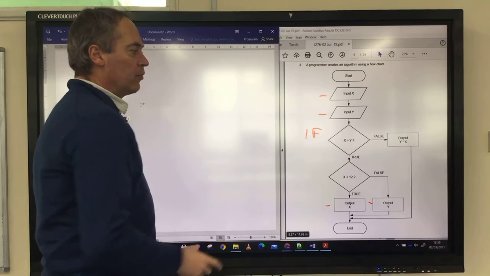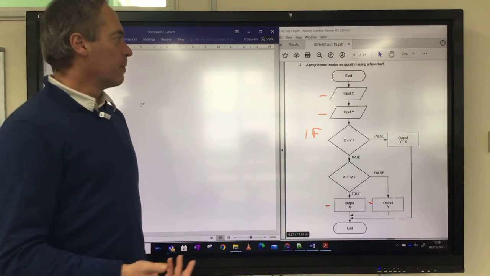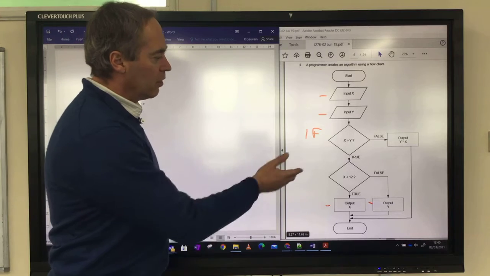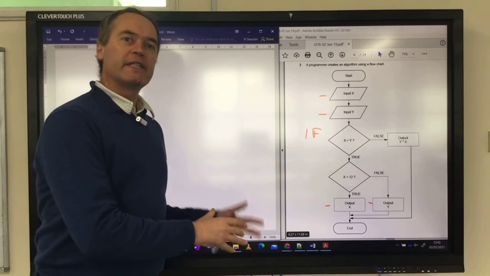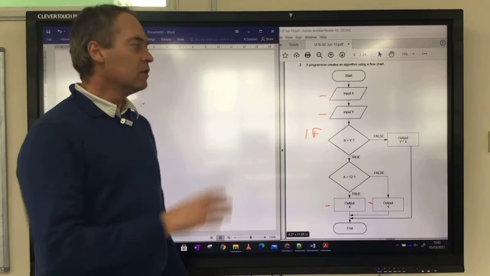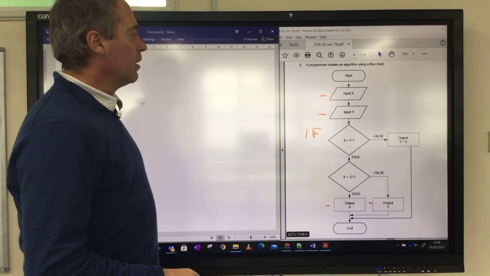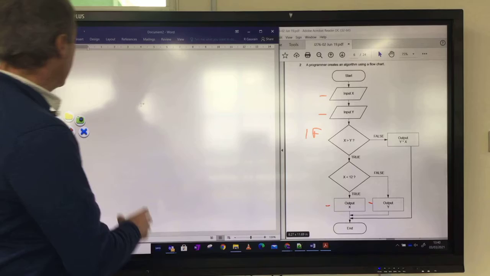So this algorithm over there is very simple. Two inputs, a bunch of outputs, two if statements. You've been coding things like that for a long time now. There's nothing in here that can be a real challenge for you. So now let's